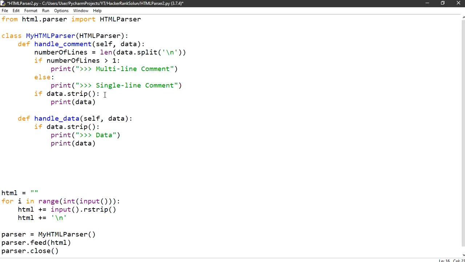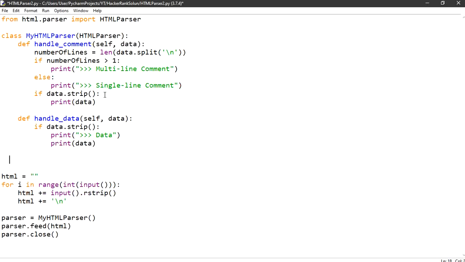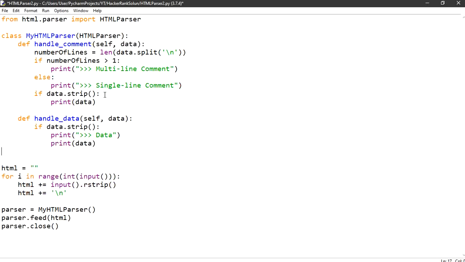Same as above, but we have just included a line, that is a data line, where we are showing that here we have the data. So isn't it very simple? What we are doing is just getting how many lines of comment we have, and then we are printing the data. If it is multi-line, then this is the data, and if it is the single line comment, then this will be the data. Now let us save it and run it.